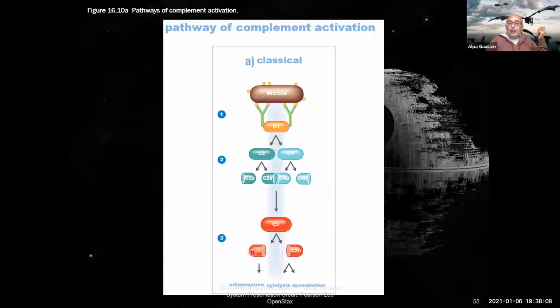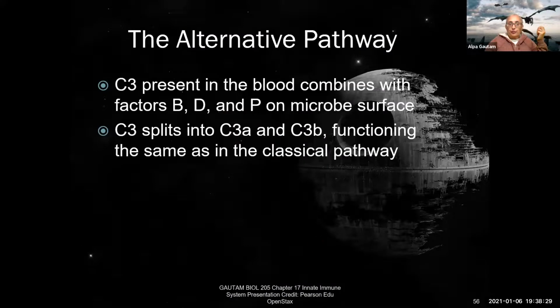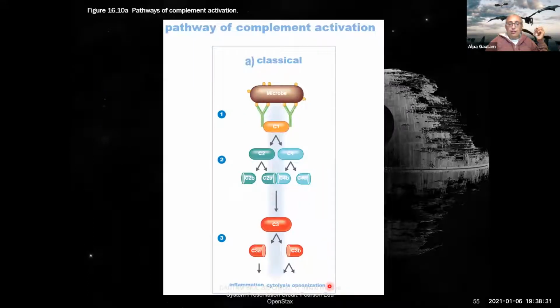What C3a does is it causes inflammation. It causes inflammation because it causes the release of histamine from mast cells and basophil cells. The C3b causes lysis of a cell and causes opsonization. So I thought I had a slide explaining what this is. So opsonization is that the